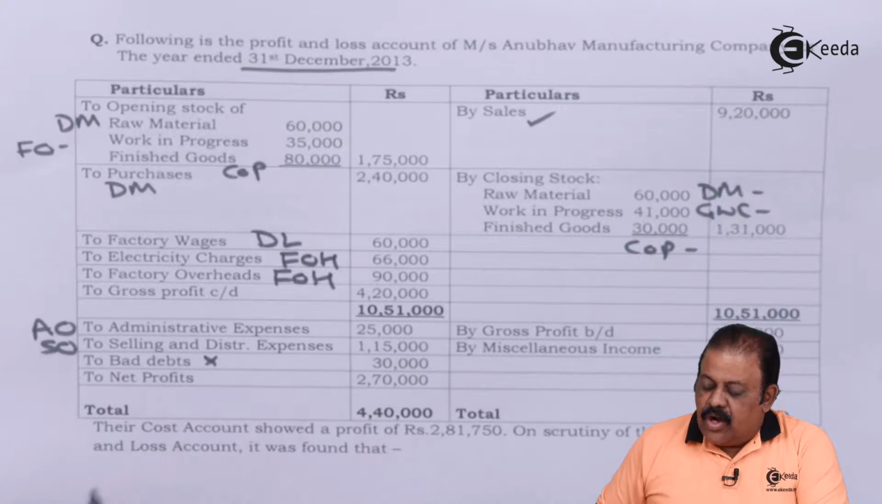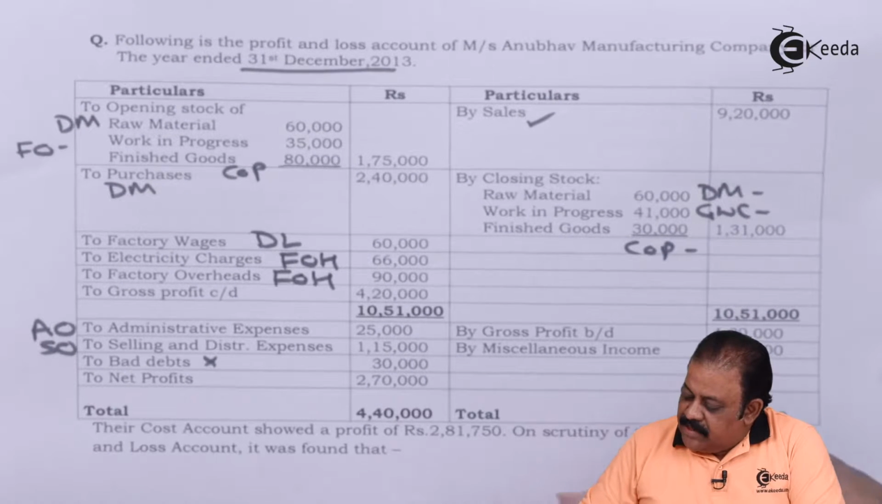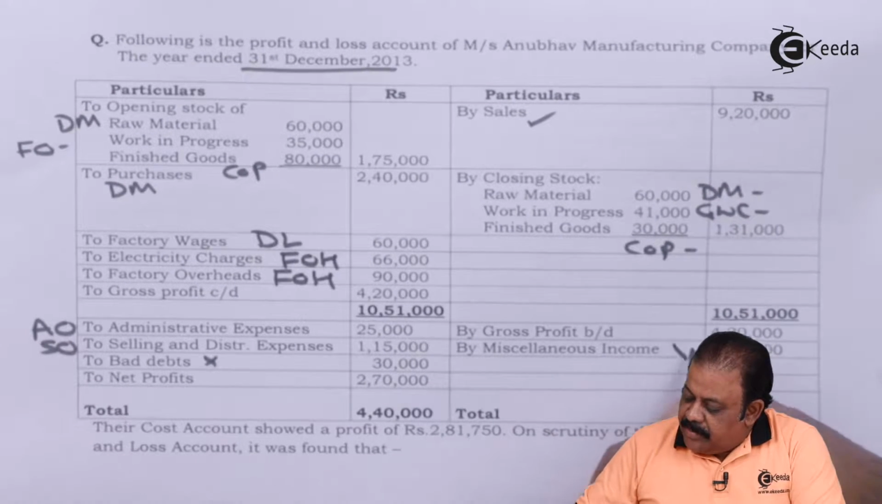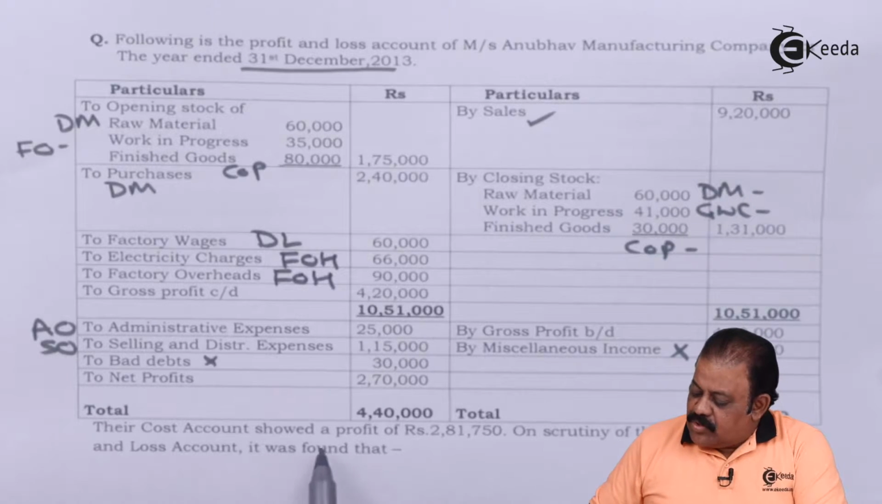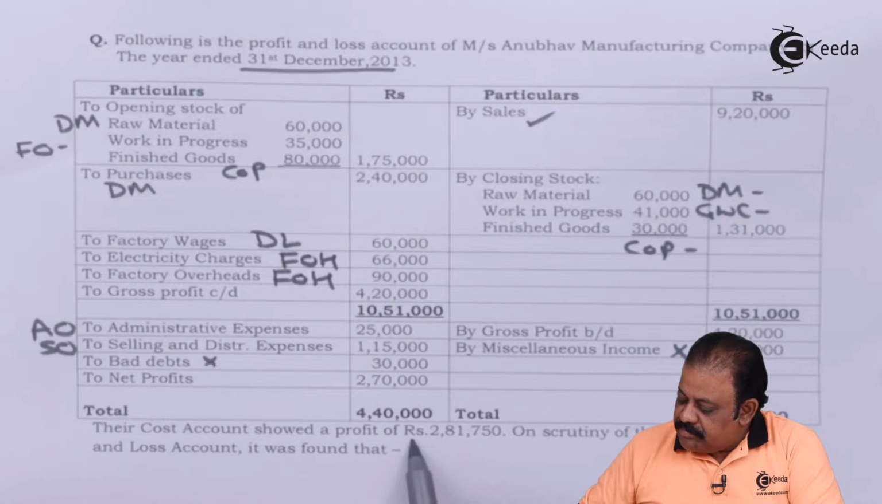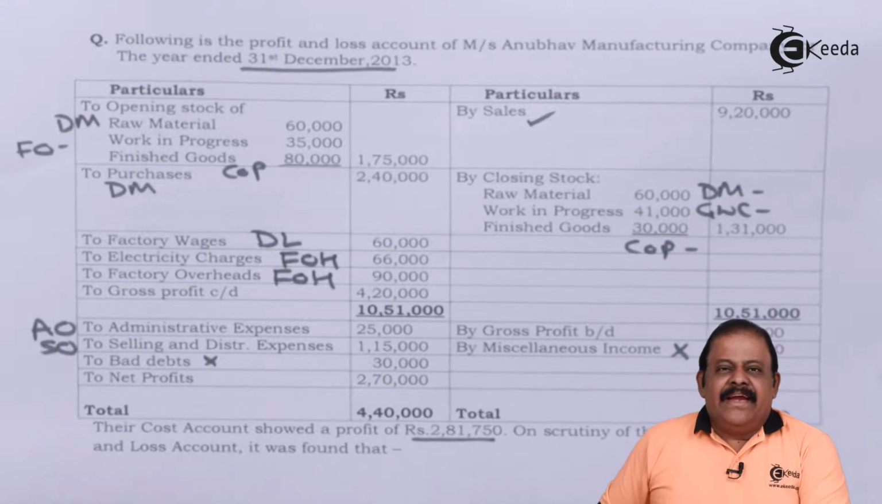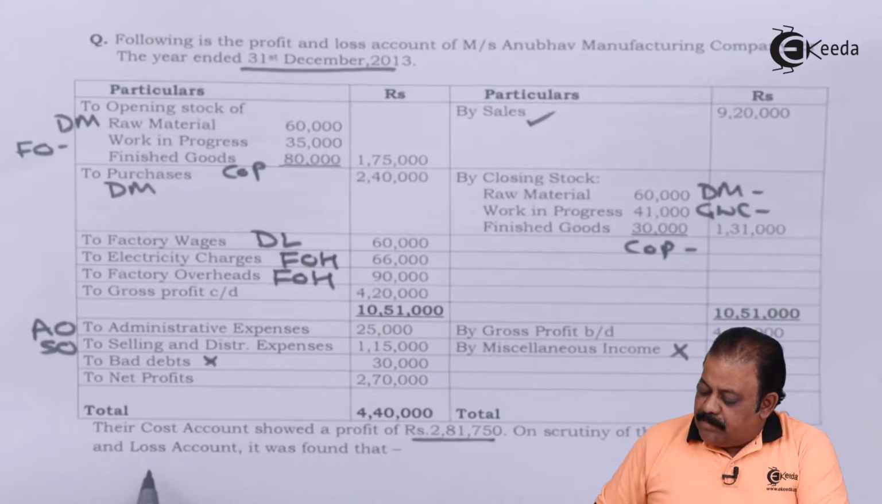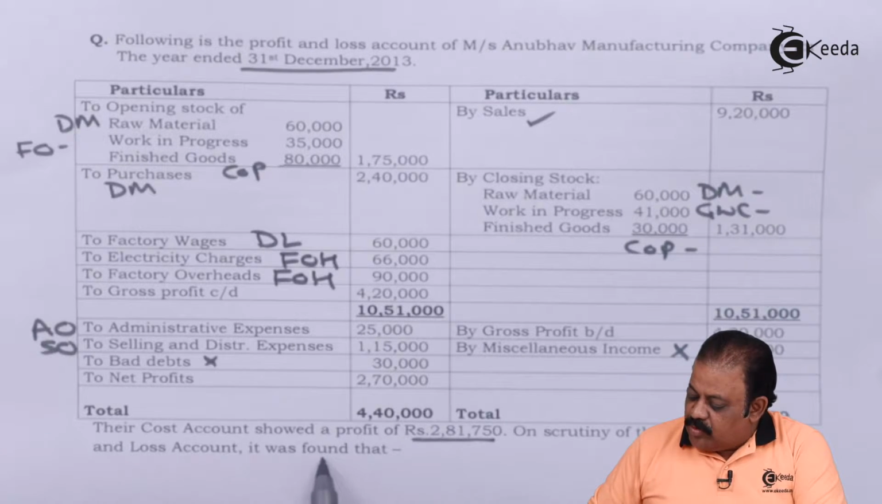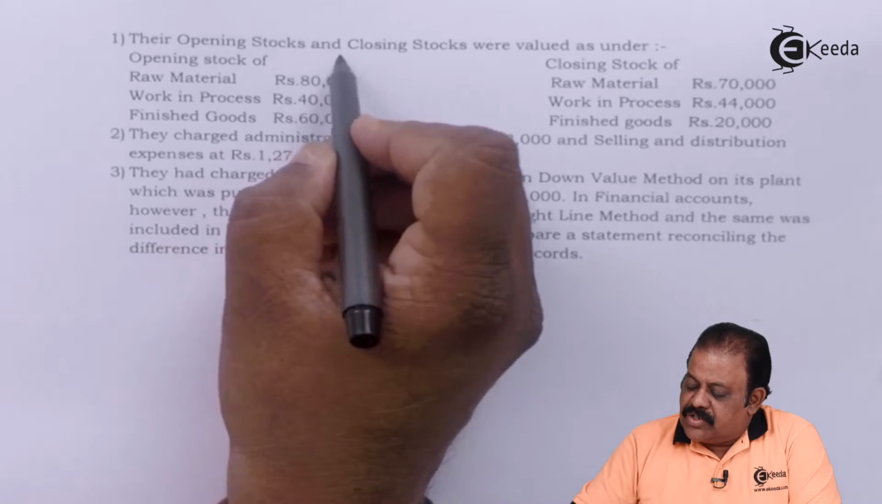Bad debts, it will not be recorded in cost sheet. Miscellaneous income, it will not be recorded in cost sheet. Their cost account shows profit of 2,81,750. On scrutiny of their costing profit and loss account, it was found that their opening stock and closing stock